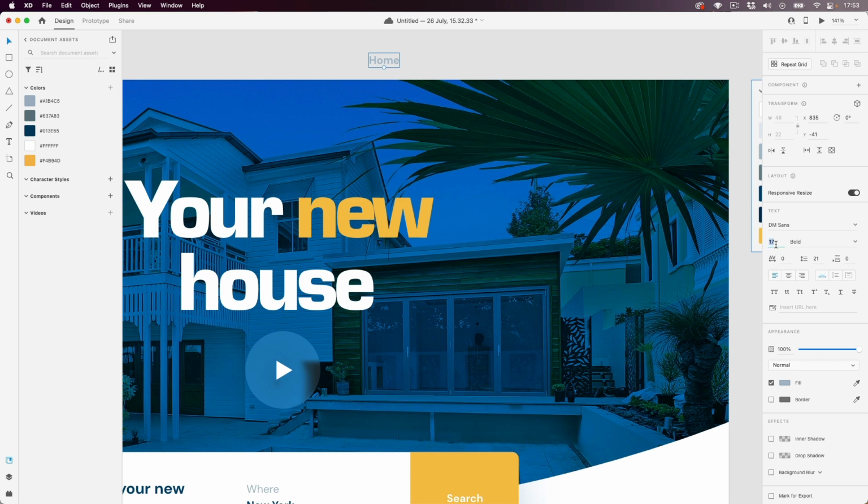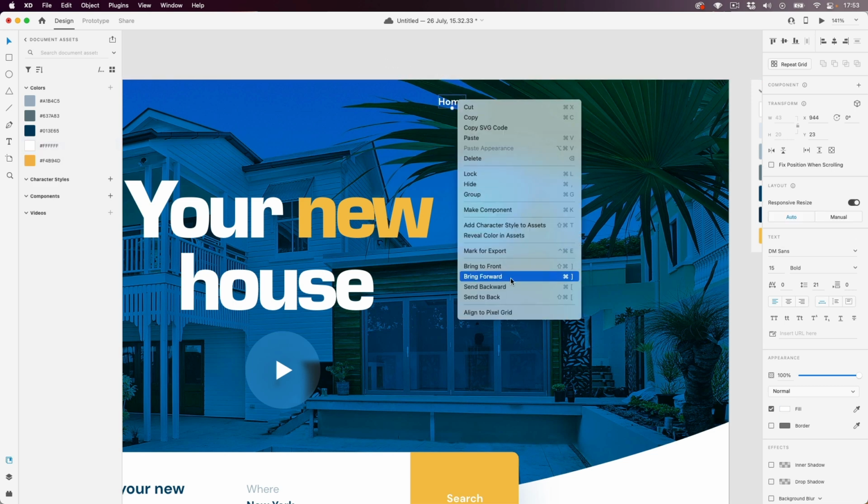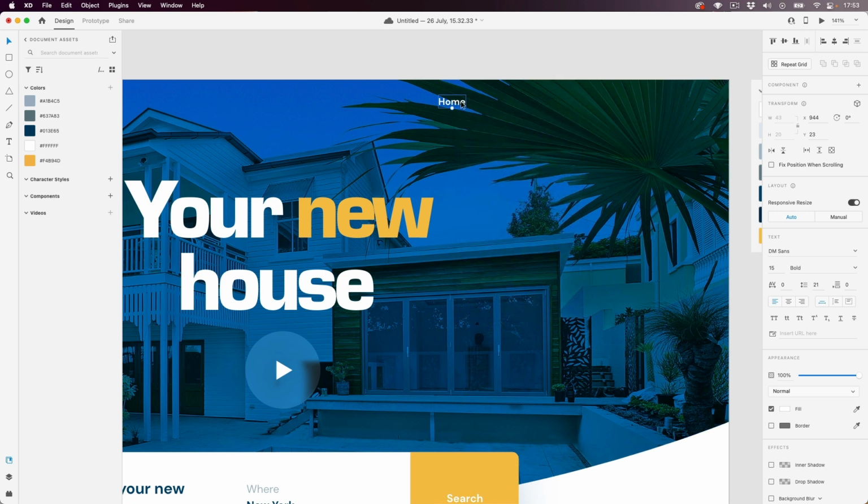For menus, I like to use 15 in pixel size. And I'm using the white color. We want to bring it on top. If it's not on top, right click and bring to front. So then it will become the top layer. And then we're going to hold Alt and we're going to create a second item, which we're going to call about,